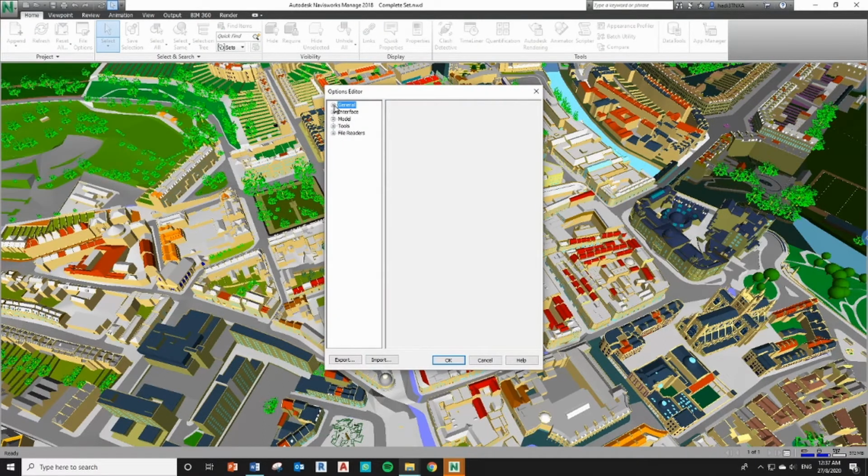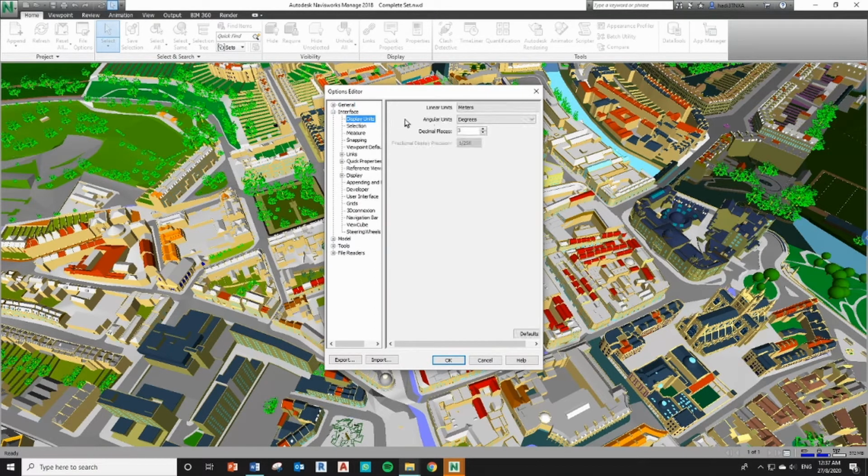So under options we can set the settings for the file itself. We got undo, locations. These are not so important. Interface, display units, this is important. Some people may use millimeters, some may use centimeters or meters. Usually for projects in my area we are using millimeters. For selection, we got selection, take note of this.